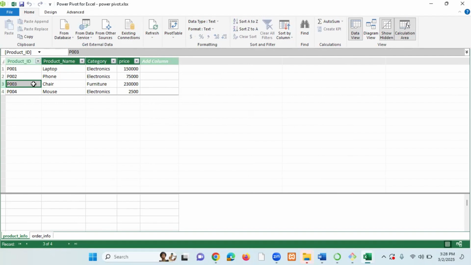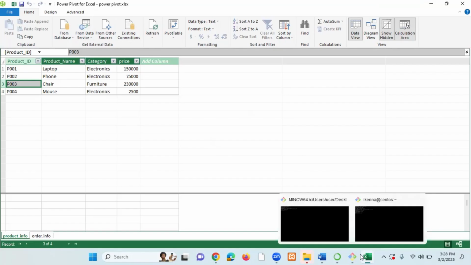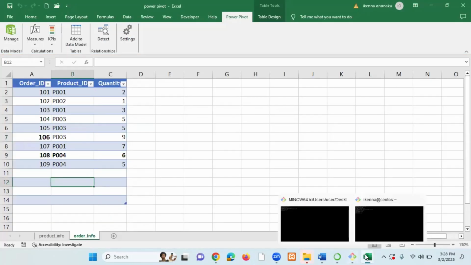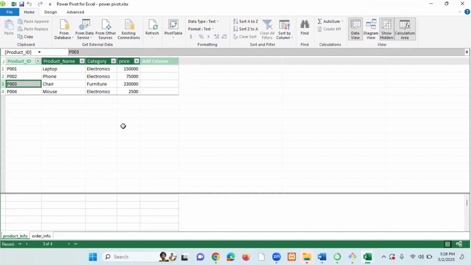I'd like you to practice this. Whenever there's an addition, you want to add some things, you do that from Excel. And once you do it from Excel, you come to your Power Pivot and refresh it. And that is it all. So we've added these 2 tables to